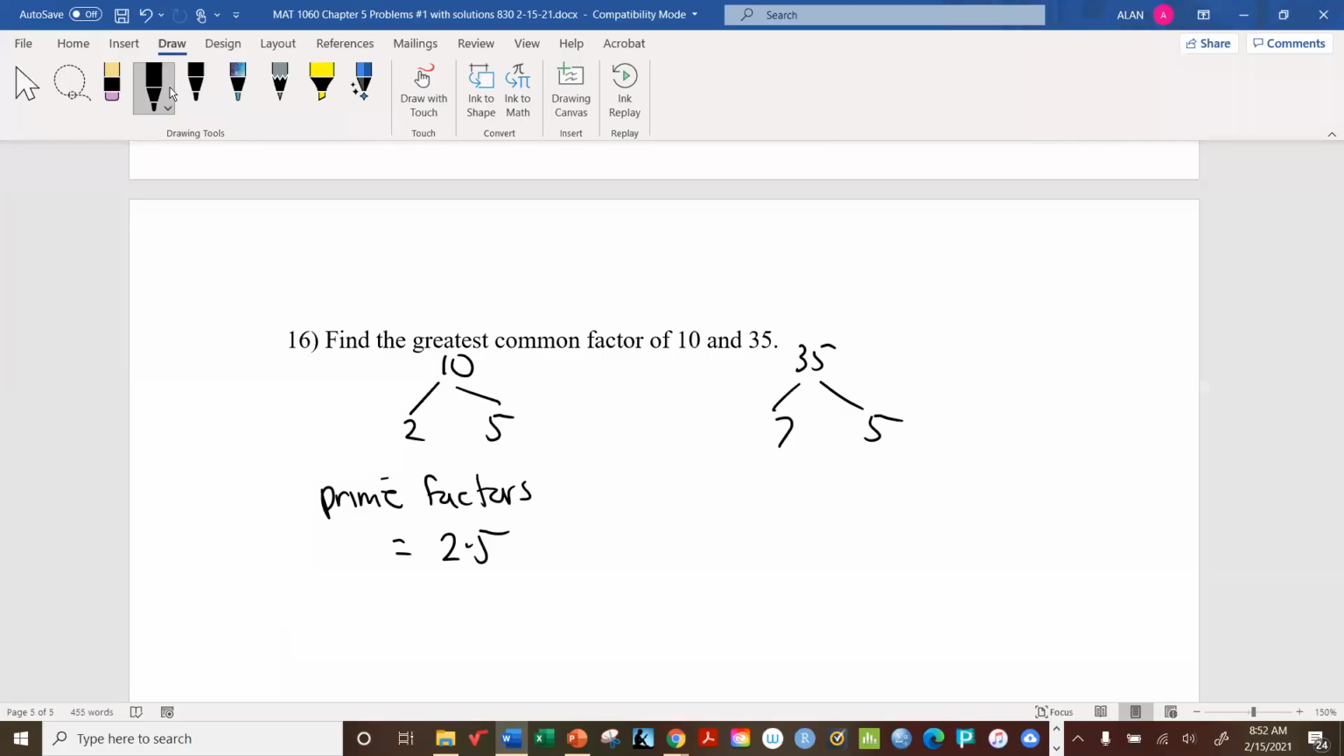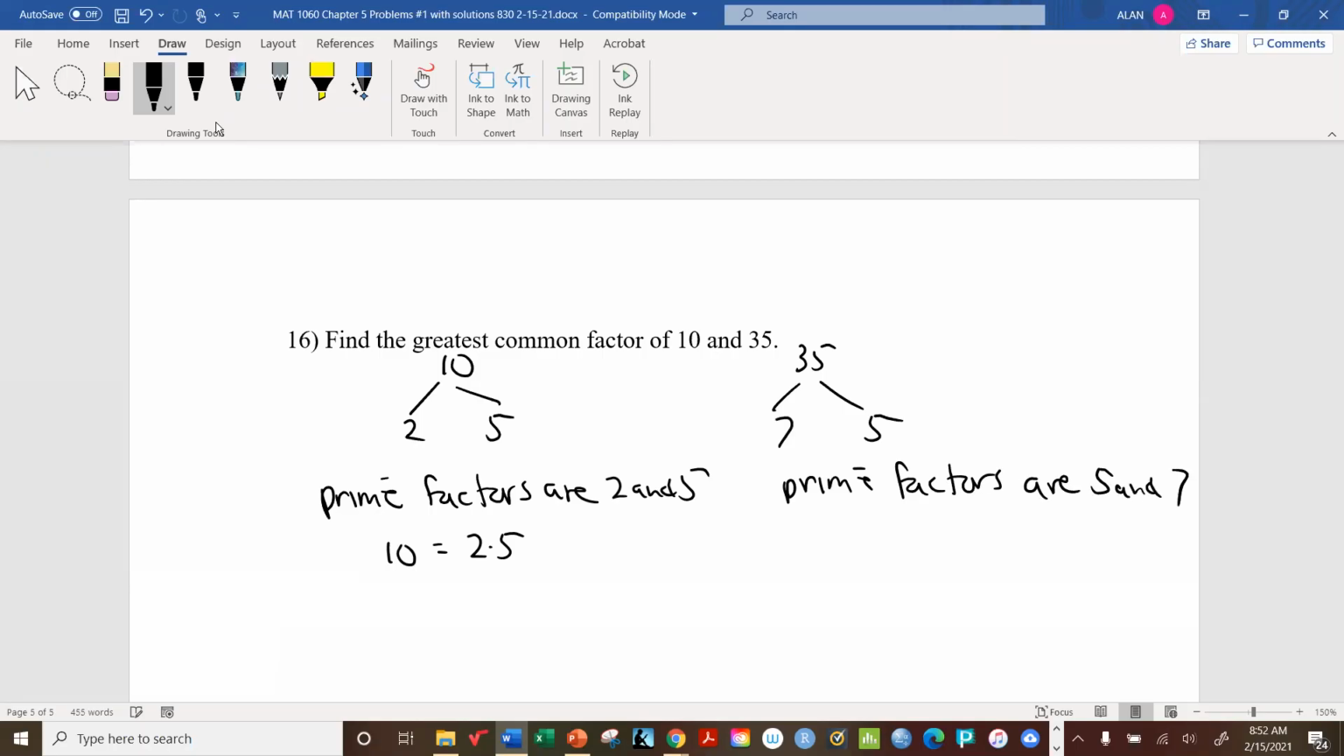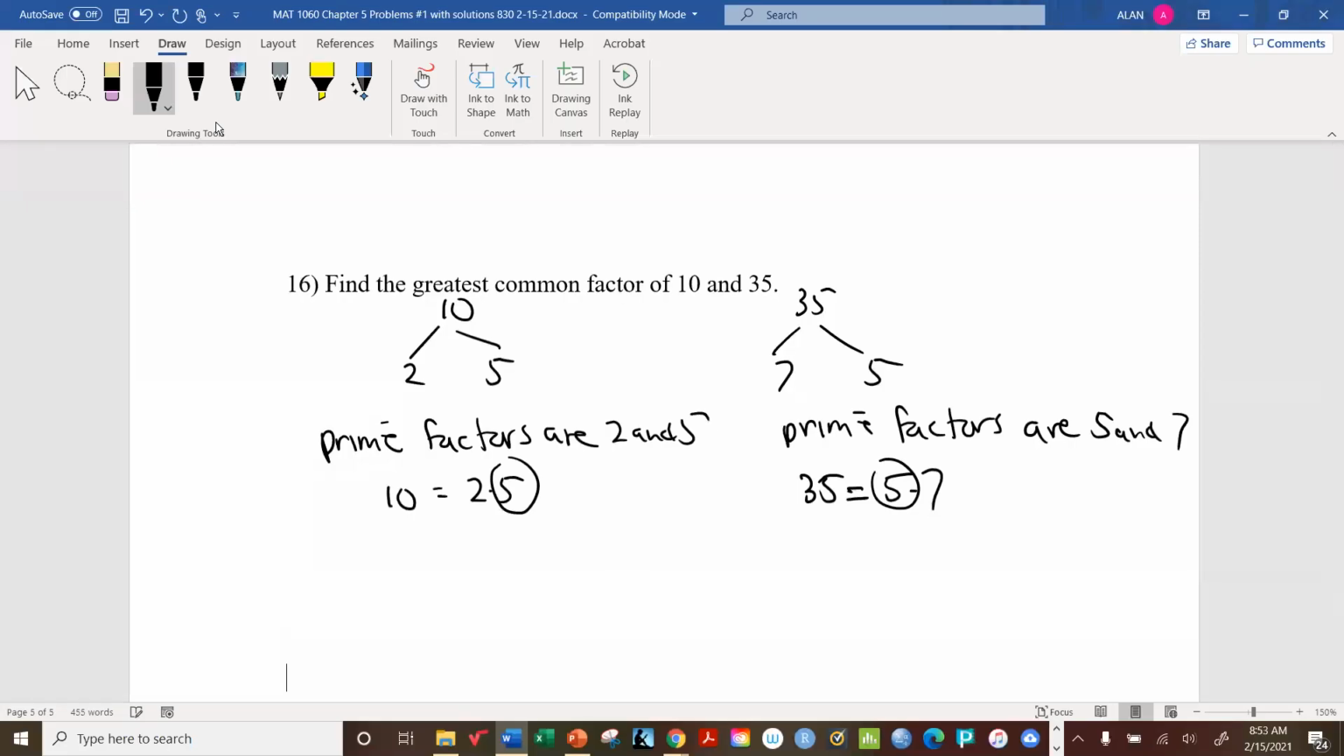Actually, it's not 2 comma 5, it's 2 times 5. Let me write it like this. The prime factors are 2 and 5, but what we want to do is write it as 10 equals 2 times 5. That's better. Over here, the prime factors are 5 and 7, but this is what we're really interested in: 35 equals 5 times 7,